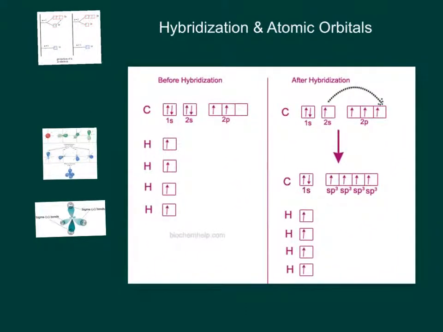It's kind of another way of looking at it, but you can see now, so that was just carbon. Now carbon, we've got some hydrogens. And so what happens is, again, that one electron gets promoted up here, so you get this excited state, and you have the 4 hydrogens. They're just hanging out. They only have 1 electron in their 1s orbital. So now after hybridization, instead of there being s and p, they call them sp. Each orbital is an sp3, because all 3 of the p orbitals are involved, and they're each going to bond. So each one of these is going to bond with a hydrogen to get 2 electrons